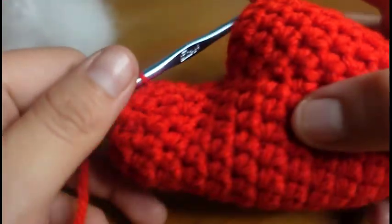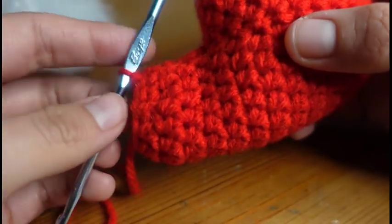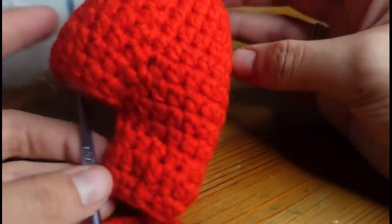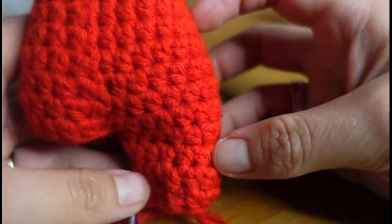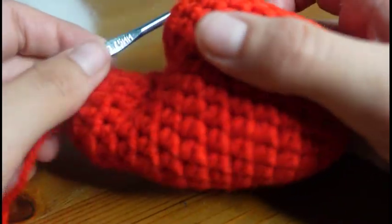All right, so now look at that, guys. Do you see how we didn't decrease a lot, but you can already see where it's taking shape? And you can see him, look, you got a booty right here, and this is okay. So now on the next one,